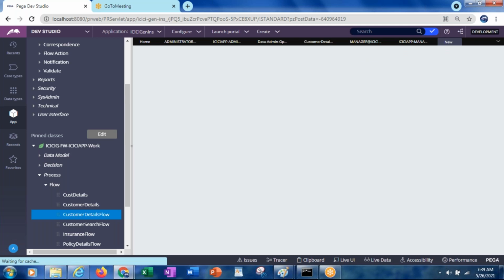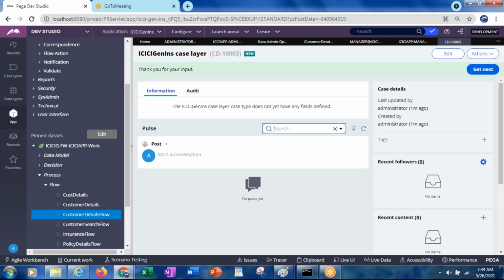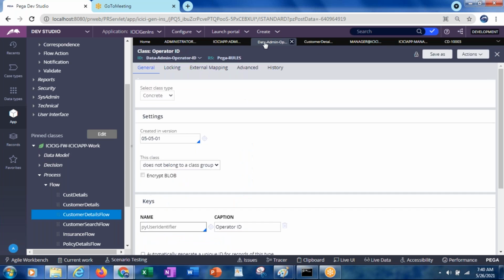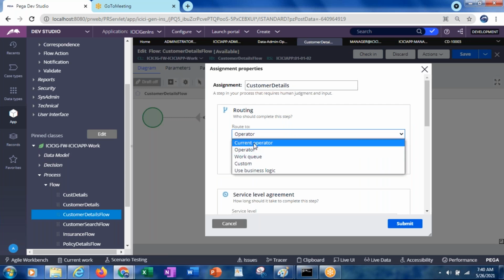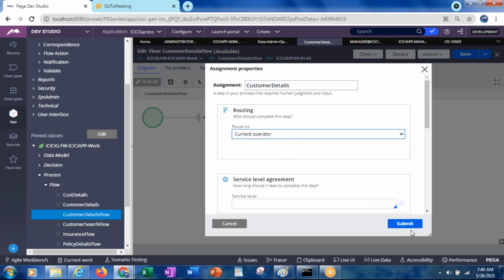One more thing, when you run this work object, let's revert this back to this. So we have routed, right? Instead of that, if you change it again to the current operator, then it will go to the current user.